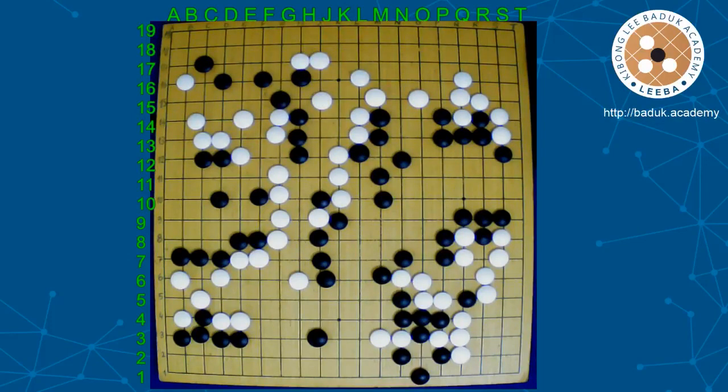Peep. And always when opponents peep, you have to think first how you can resist this connection, or if there is another way. For example, simply connect, then the white opponent can use this stone, but for example like this,